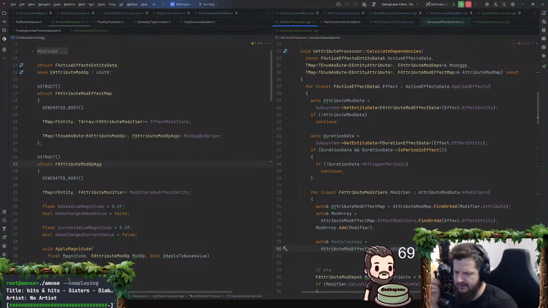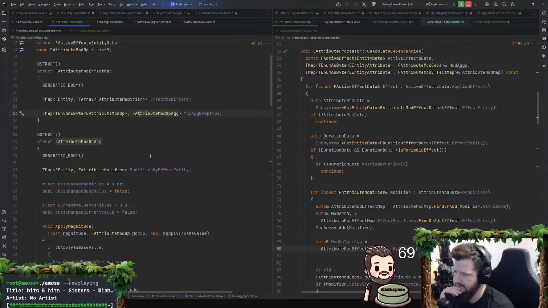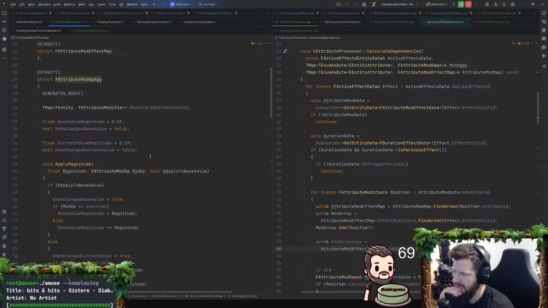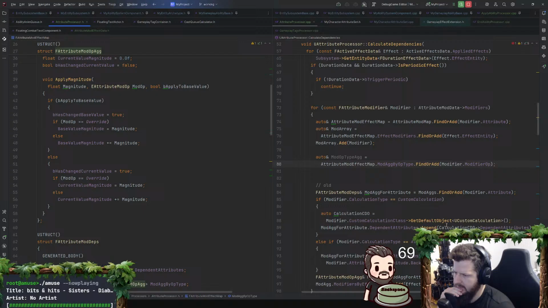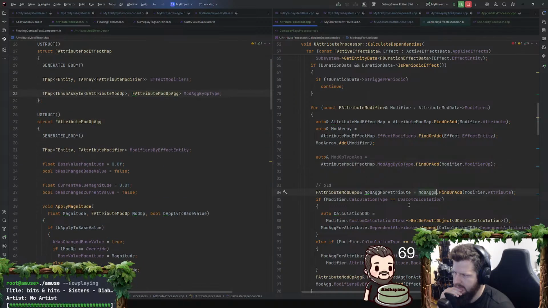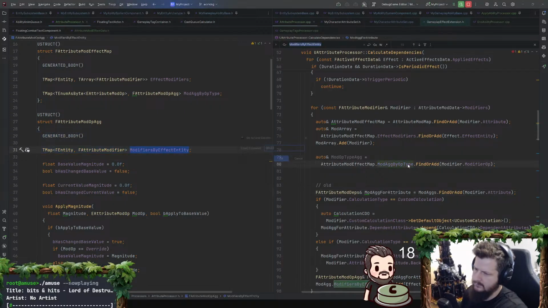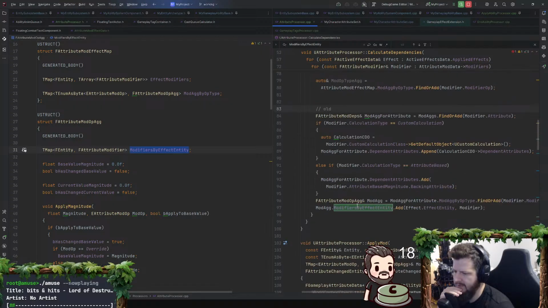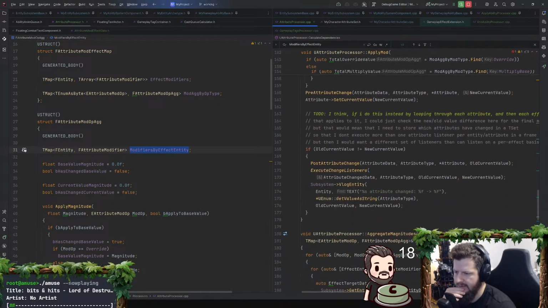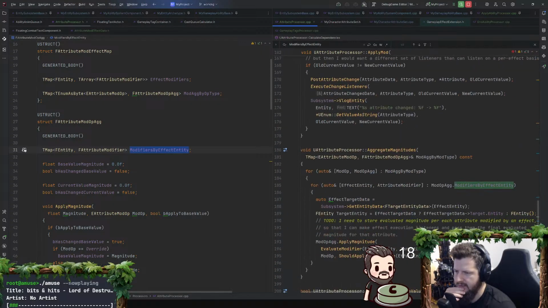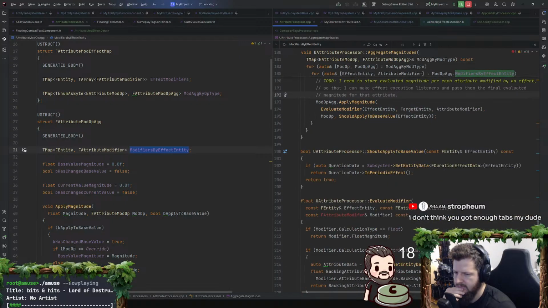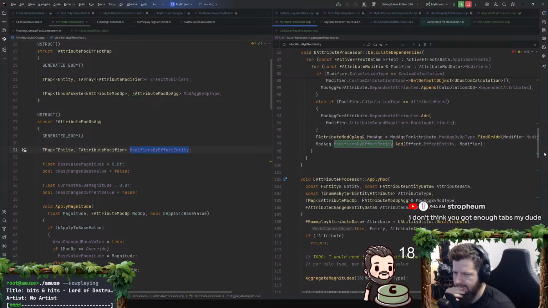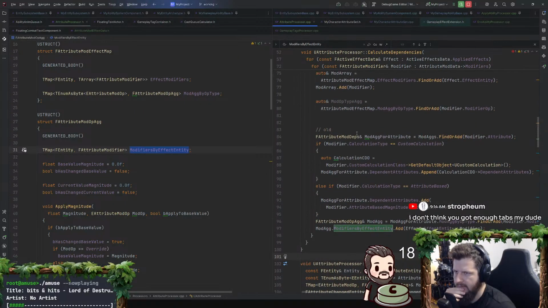I guess I'm storing modifiers by effect entity, but I don't think I'll need that in the future. I shouldn't, at least, because we're not going to iterate over that when we aggregate magnitudes.